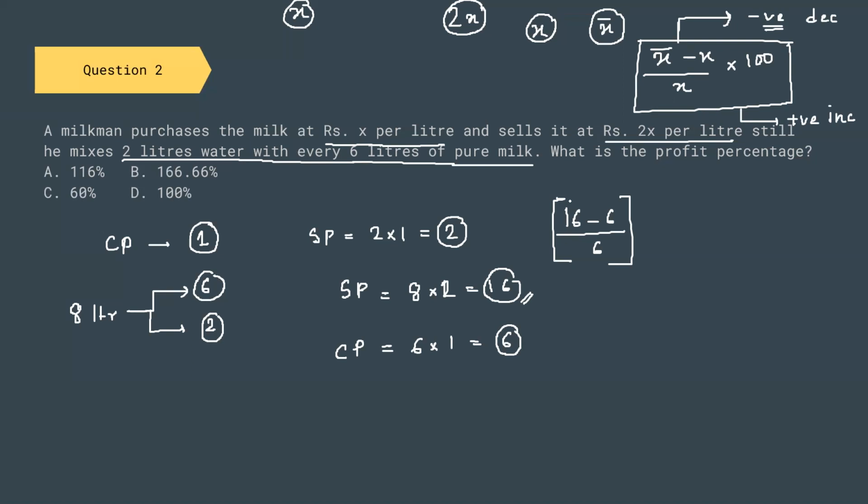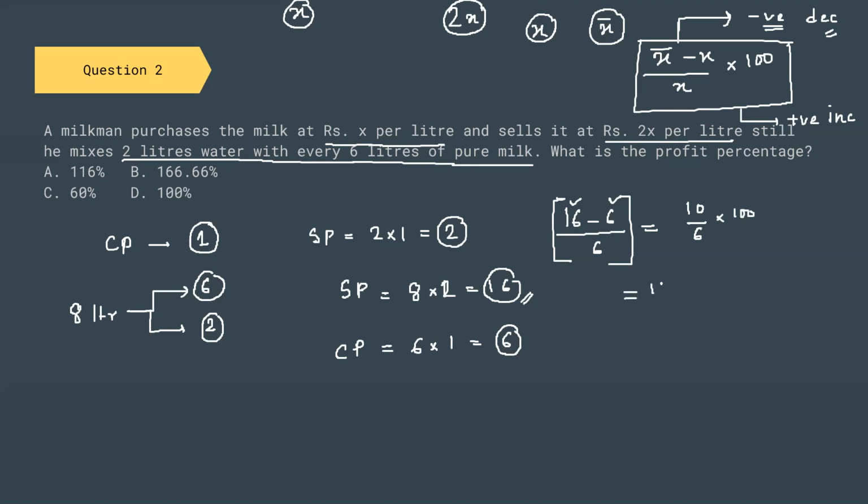So in this case, we can see that X dash is greater than X. So this value is going to be in the positive range. That is why it will be an increase, or I can say that it is a profit percentage. If this particular value was in the negative range, then it is actually a decrease. So it would have been a loss percentage. So anyways, we can simplify this particular situation and we can find out that 10 divided by 6 into 100 is our profit percentage.